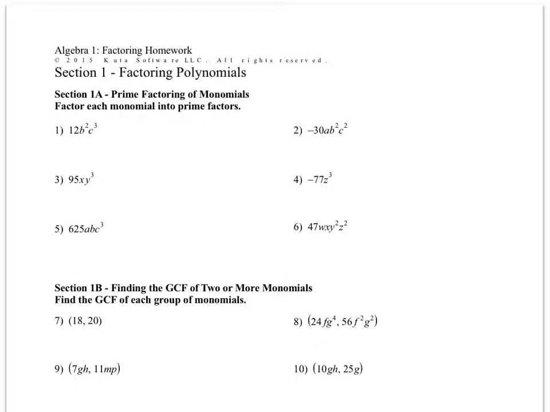In section 1A, we're going to look at prime factoring of monomials, and they're going to ask us to factor each monomial into prime factors. Remember, when we're talking about prime factors with numbers, the only factors of a prime number are 1 and itself. So if we look at number 1 right here,